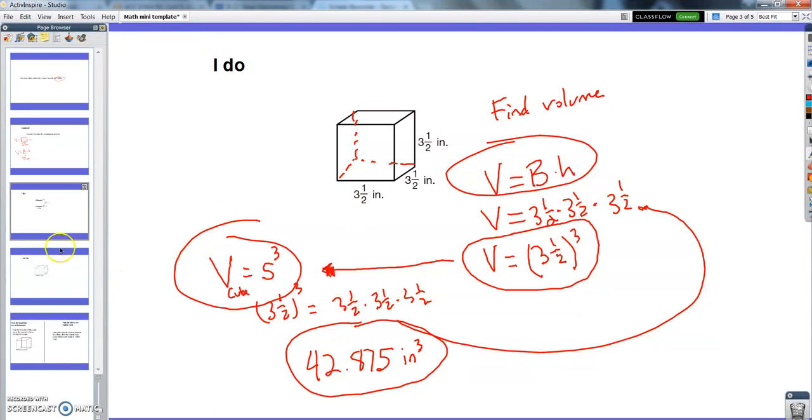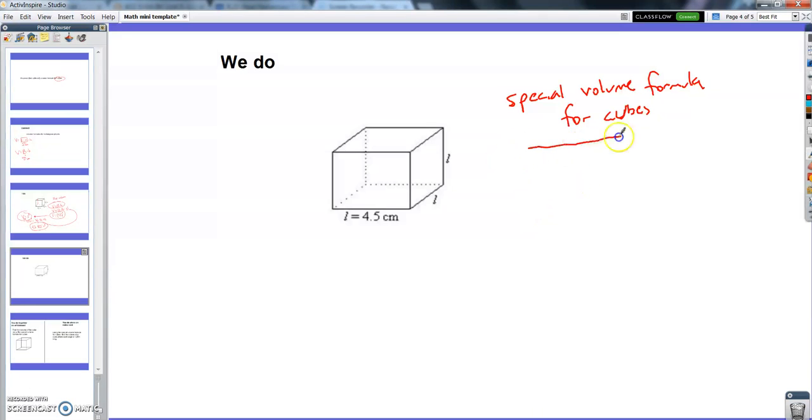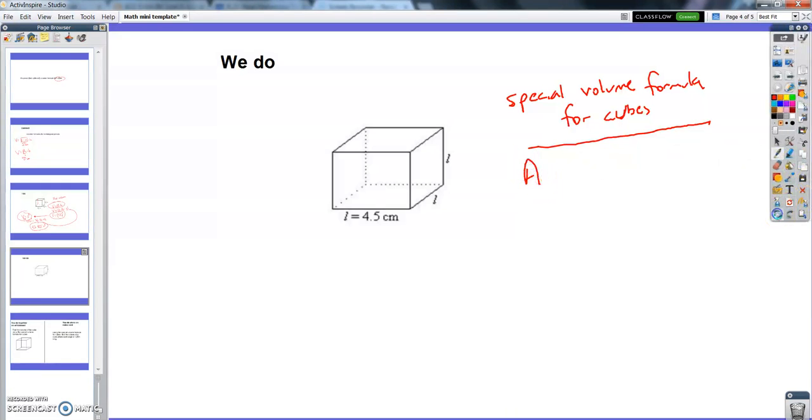So there you go. All right, let's do one together. Here's the one we're going to use. We're going to use a cube where the side length is 4.5. So, special volume formula for cubes. The old formula, the volume formula for a prism,